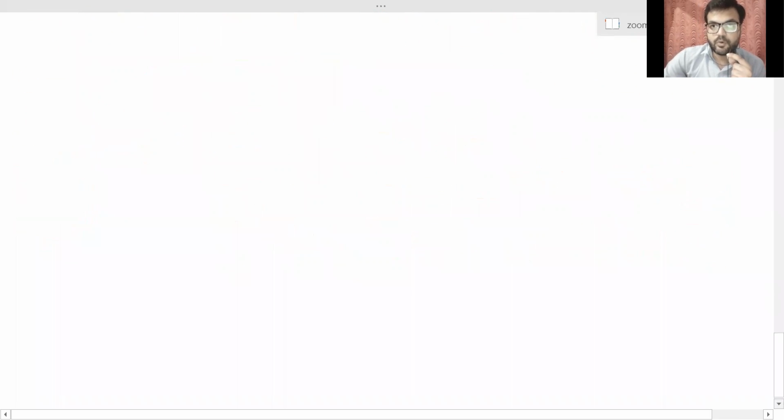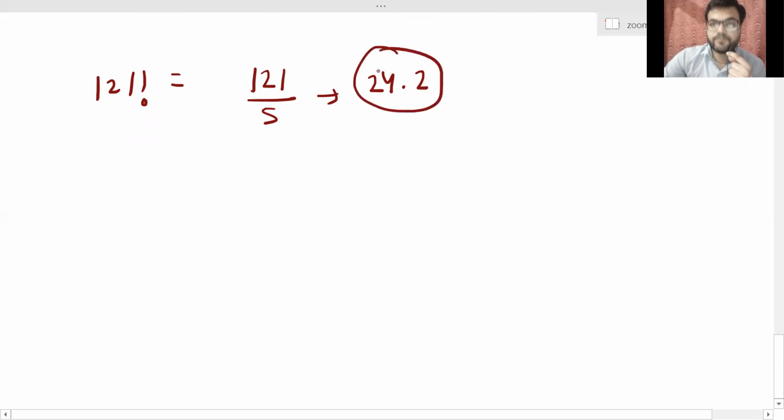Okay, so similarly, let's say for example I take 121 factorial. Now we are finding out the maximum power of 10, or the number of trailing zeros, in 121 factorial. Fine. So what we will do, again we will divide it by 5. 121 by 5, 5 4s are 20, so I will get 24.2. But this is a decimal number, and this 0.2 is the decimal part of this number. We will only consider the integer part, the integral part.